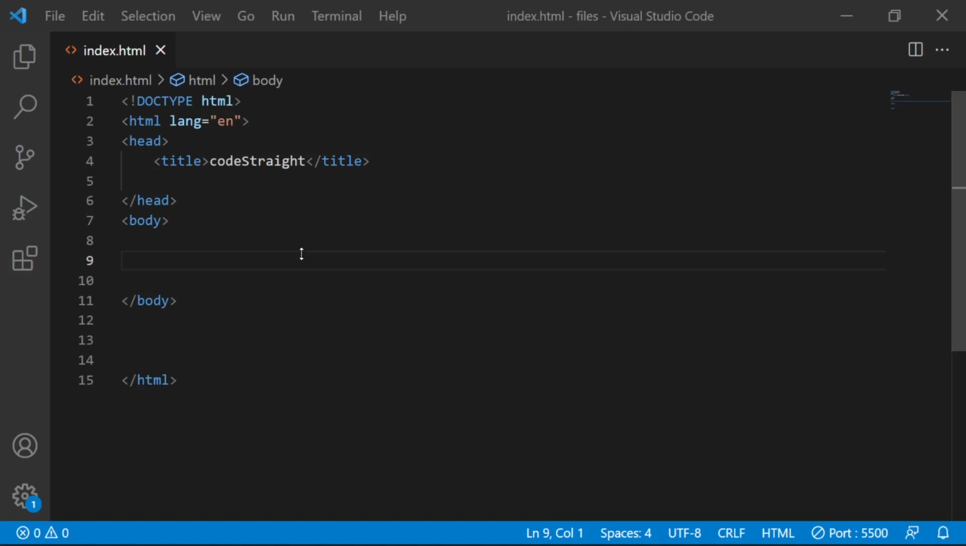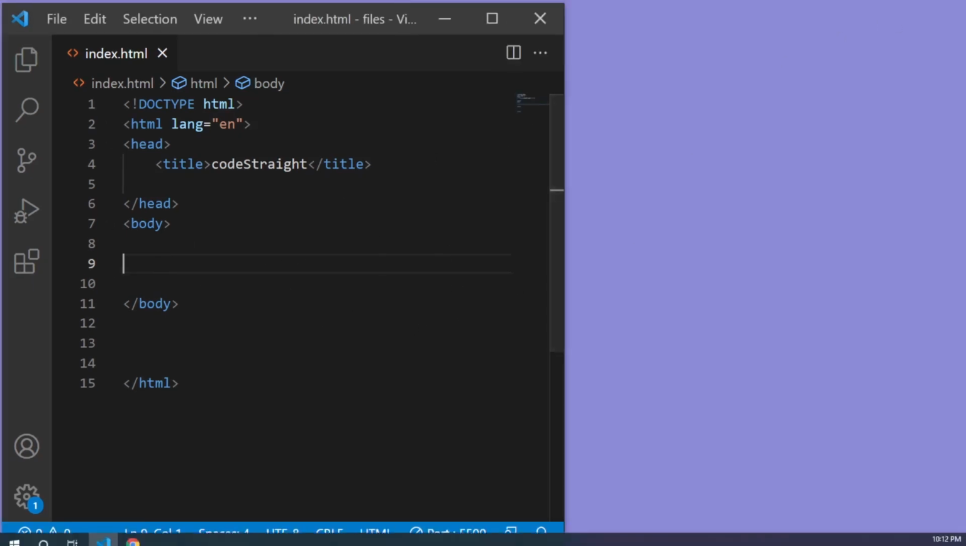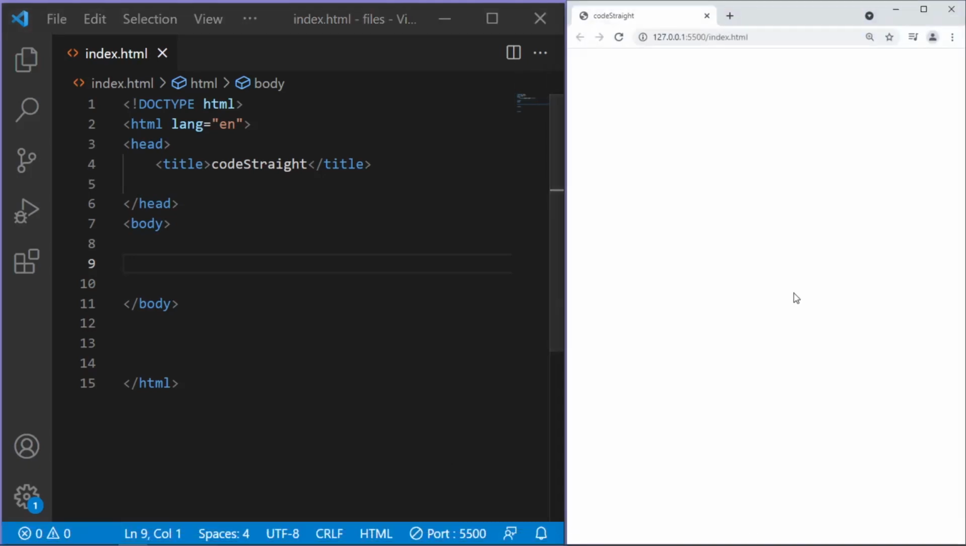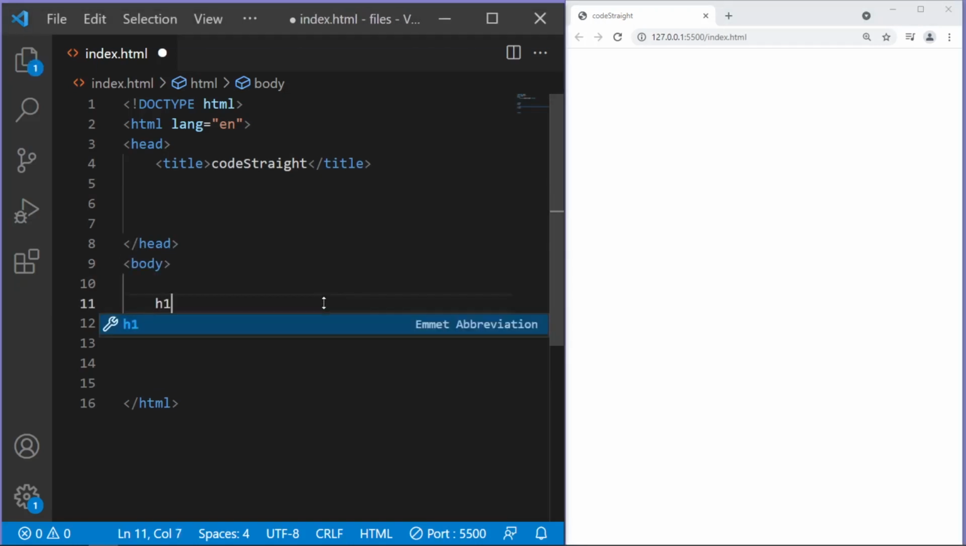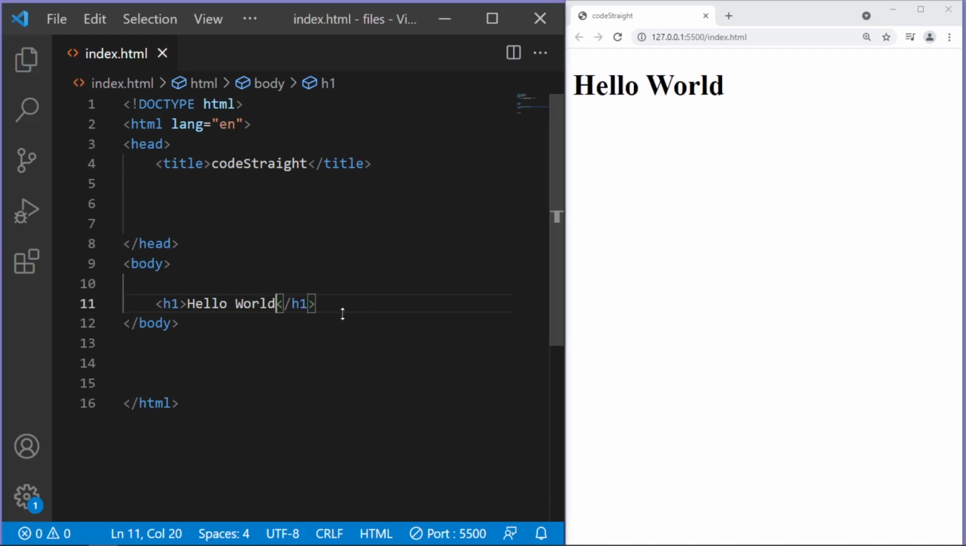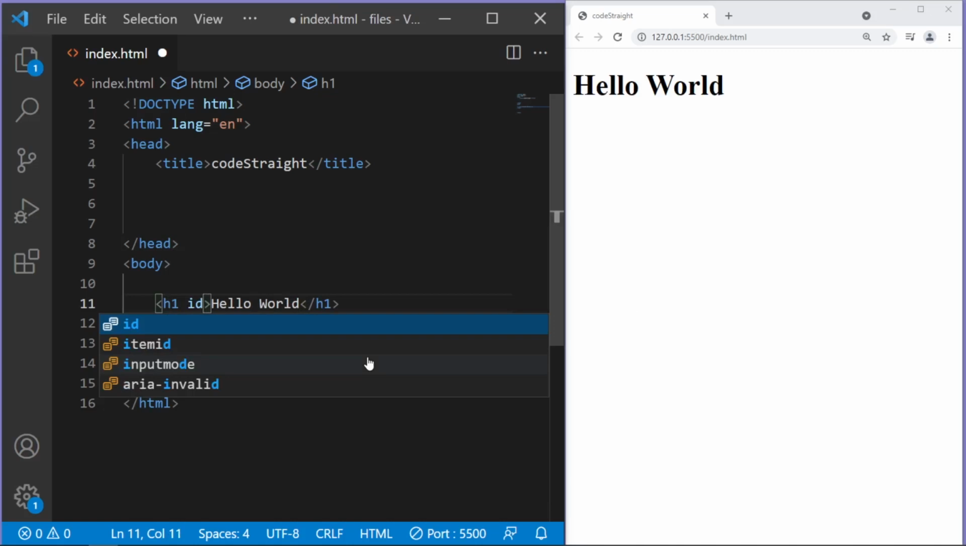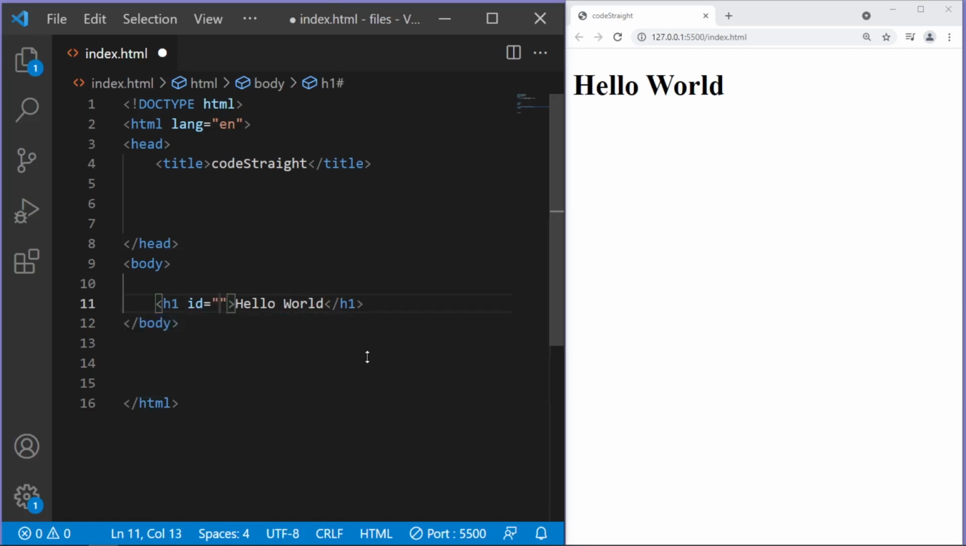Now let me give you an example. Let me show you this page first. Let me resize this code, and this is what we have right now. We don't have anything yet, and I'm going to type in here h1 and hello world. Let's say this is what we have. I'm also going to assign here an ID, which would be